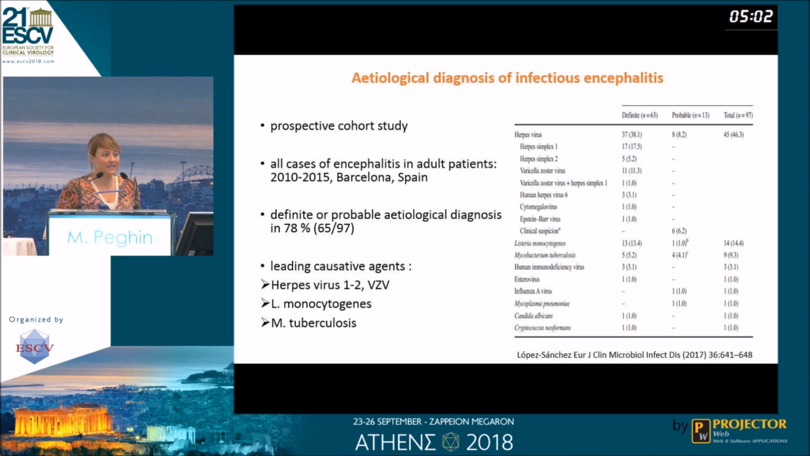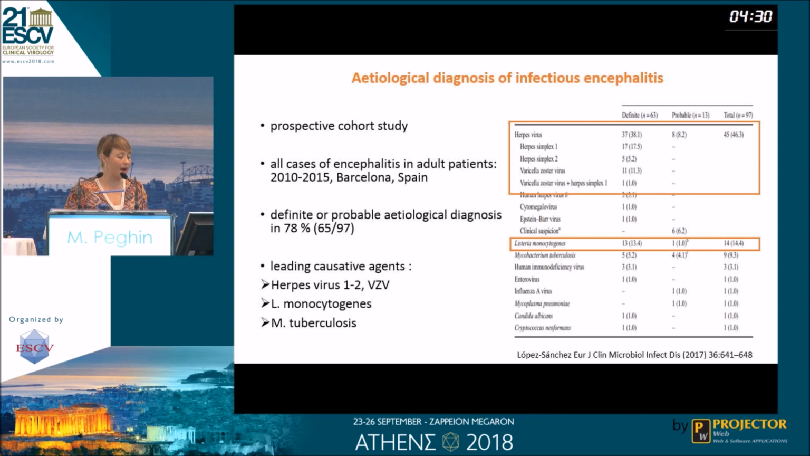As we said before, since the main causes of encephalitis all over the world are herpes 1 and 2 and varicella zoster virus, I report this interesting study performed in Barcelona, including adult patients with encephalitis. They found the etiological diagnosis in around 80% of the patients. As we can observe, most of the patients had herpes 1 and 2 and varicella zoster virus encephalitis, followed by